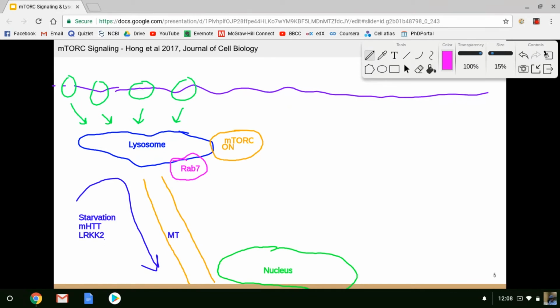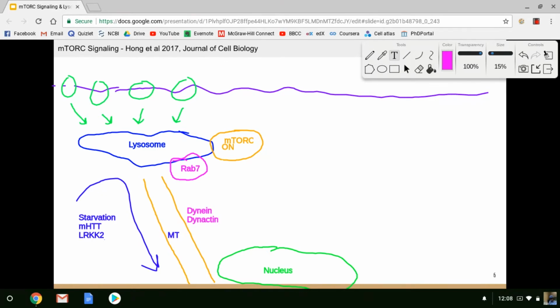Lysosomes are marked by PI3P, phosphatidylinositol phosphorylated at the 3' position. And that's what recruits Rab7 to these lysosomes. And in order to be transported retrogradely, lysosomes need to somehow link up with dynein